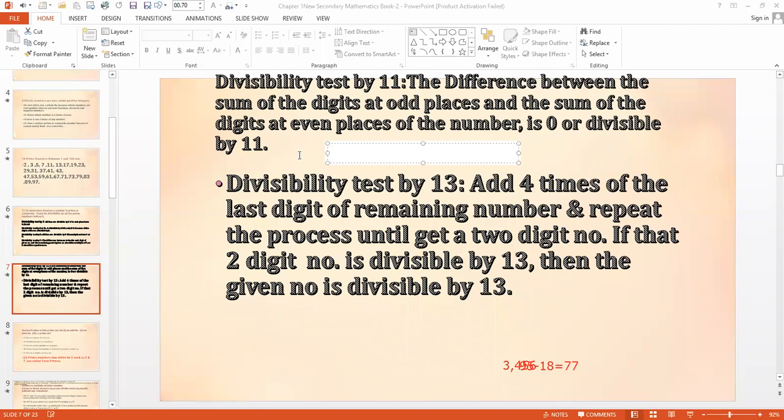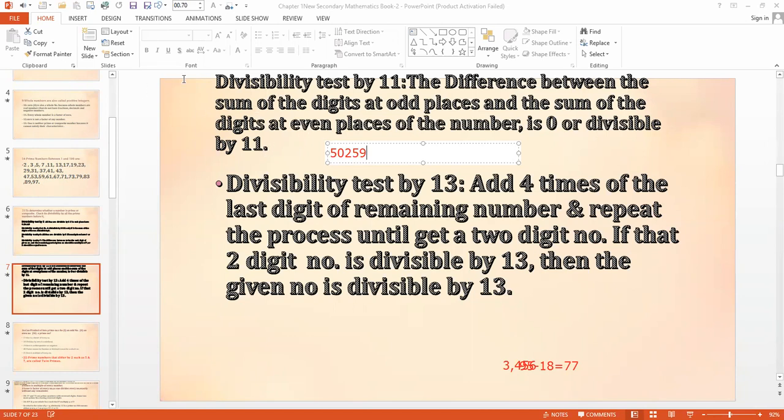Again, I have to write an example so it will become easier for you. I have to take a bigger number. Suppose I take 5, 0, 2, 5, and 9. Now they are saying you have to take the difference between the digits which are at the odd places and those at the even places. First, we have to take the digits which are at the even places. Clear? Look here.